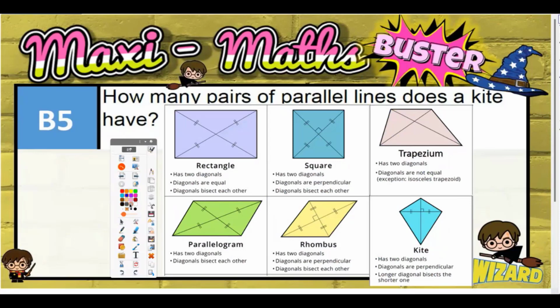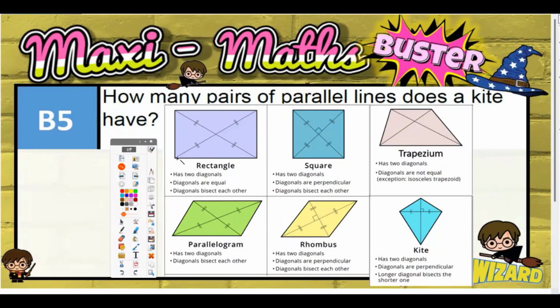Question 5. How many pairs of parallel lines does a kite have? Now, I've got some information here about all the main types of quadrilateral. You can pause the video and read that for yourself if you want. Just out of interest, where it mentions diagonals, that's the posh word given to the lines which join